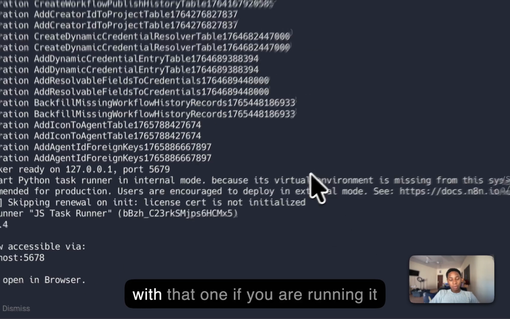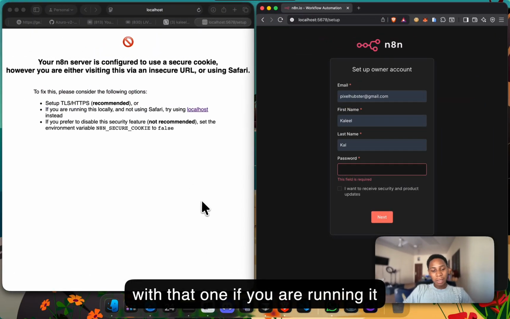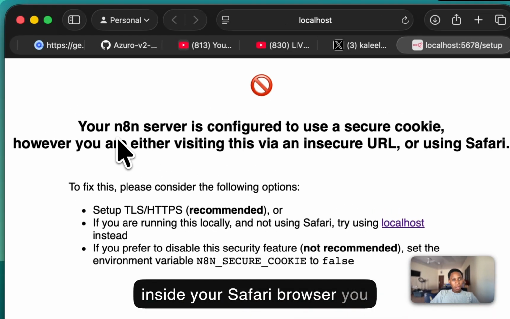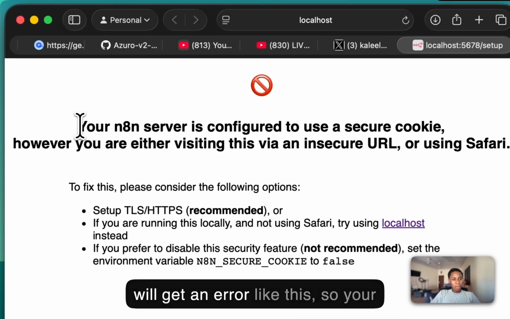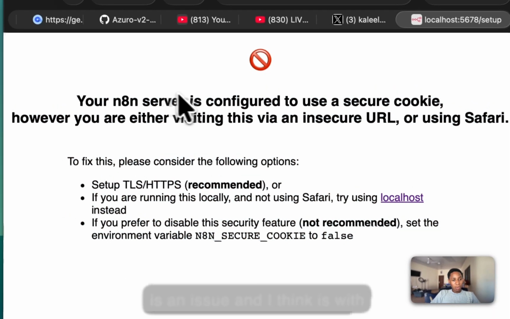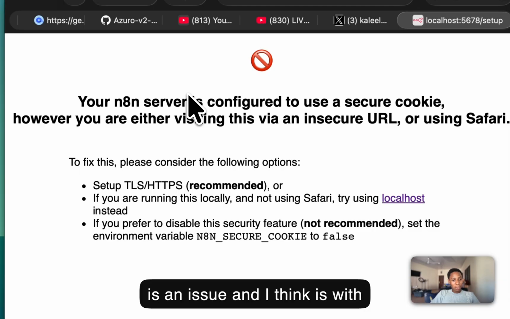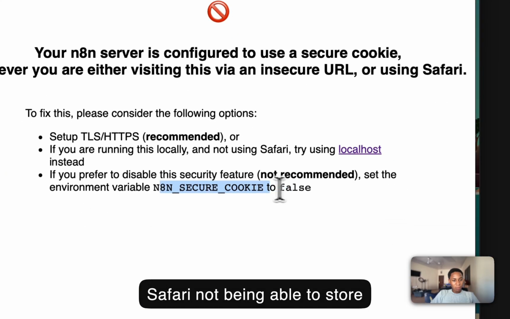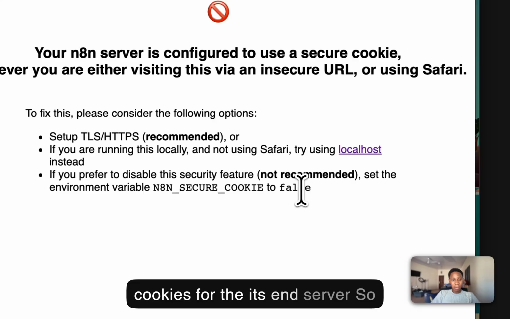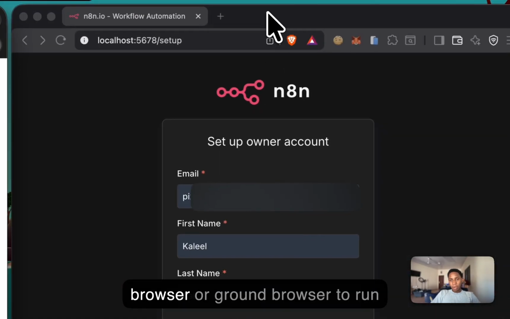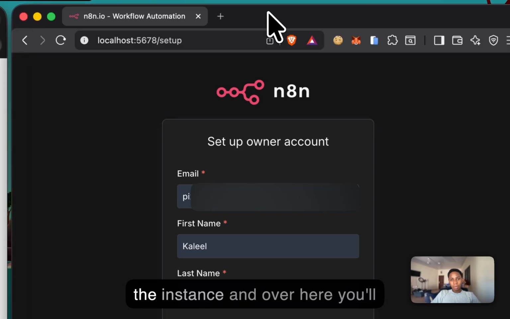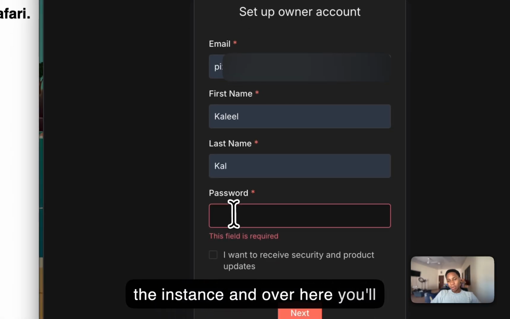Now there are two issues with that. One, if you are running it inside your Safari browser, you get an error like this. I think it's with Safari not being able to store cookies for the n8n server. So probably you can get a Brave browser or Chrome browser to run the instance, and over here you'll be prompted to